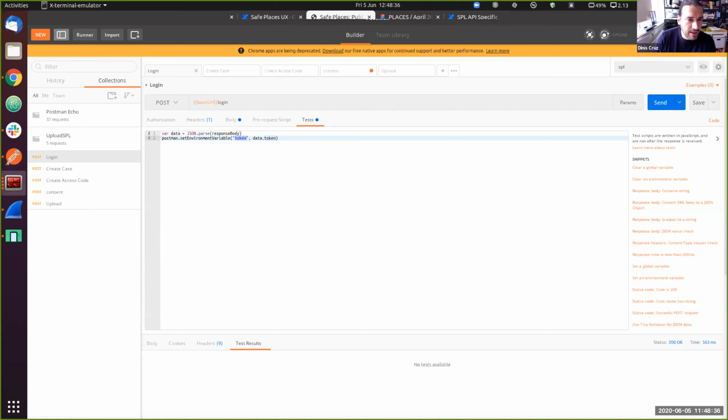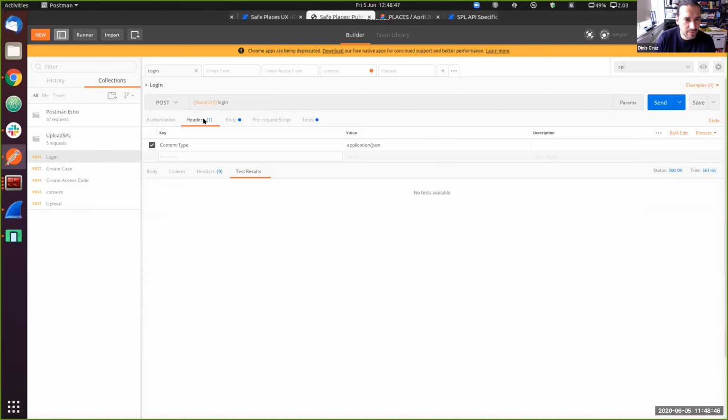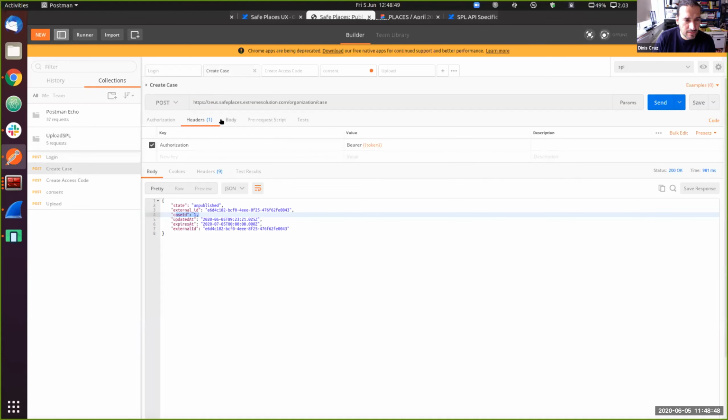Yeah, and then what you get back from that is, so you log in, that gets a token, then you go create case. And then you pass the token, okay, bearer token there, right? So you pass the JWT token there, right? Yeah. Actually, one of the things I was looking at is that token secret is super important, right? Because at the moment